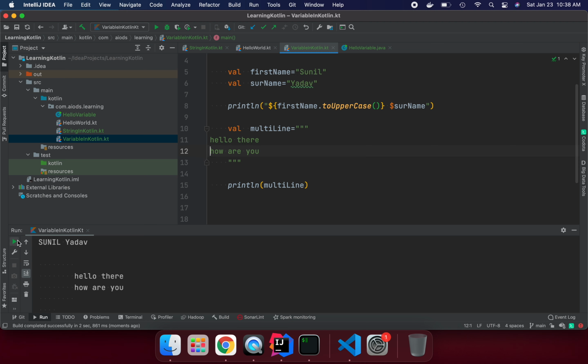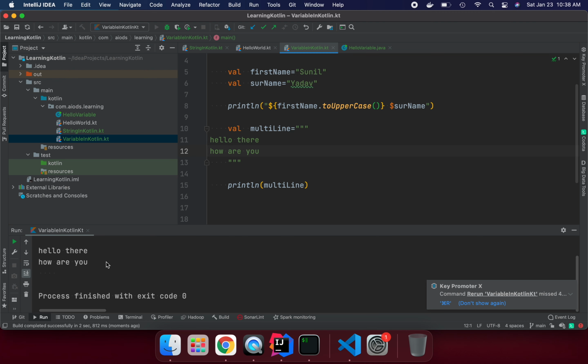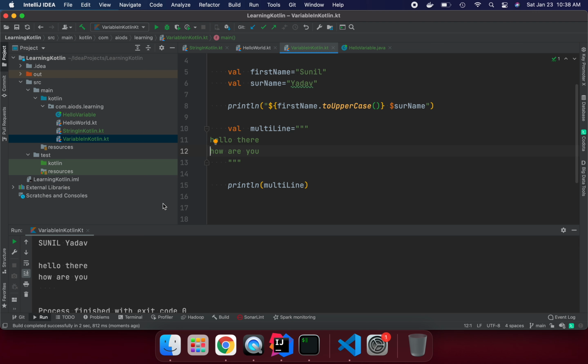Right. So generally it looks nice. But how can we achieve printing in a nice way without having the previous space? They say we can use a pipeline between them to make sure they are in the same line. So I'm going to use the pipeline, shift this one. Similarly I'm going to use this pipeline.